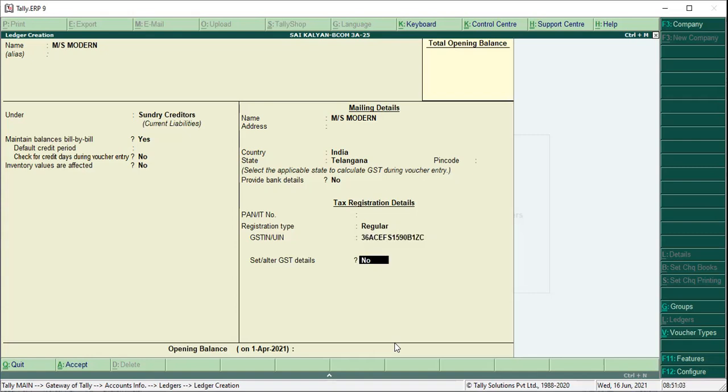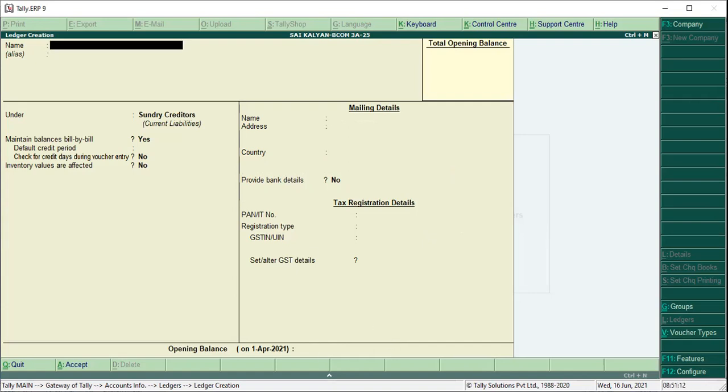This is the GST number of Modern Traders. That is a regular trader. Accept yes or no. Okay. Now what is next one?